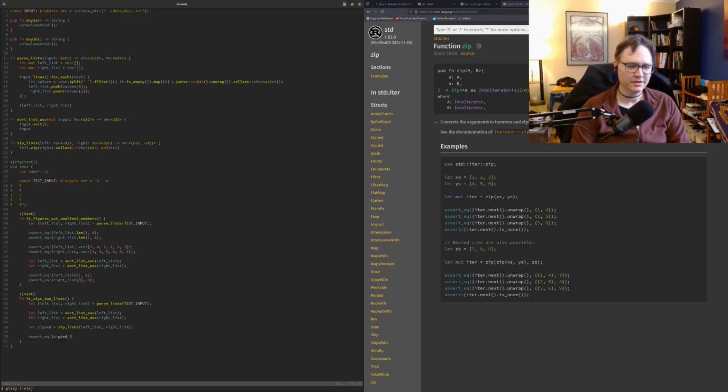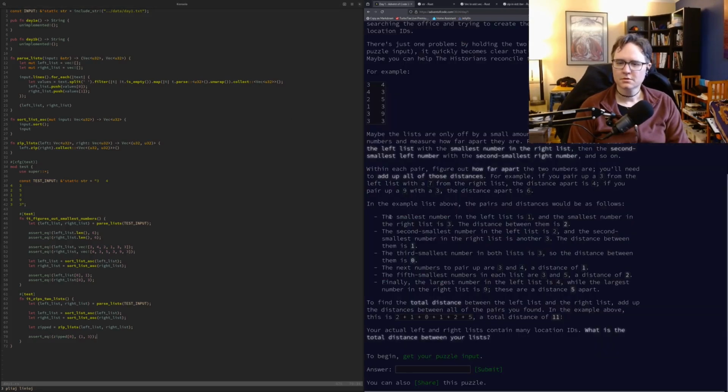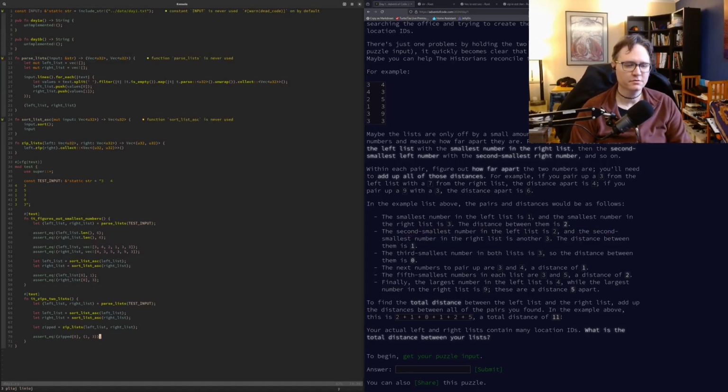So zipped[0] should be 1 and 3. So 1 and 3, and then the second smallest should be 2 and 3.